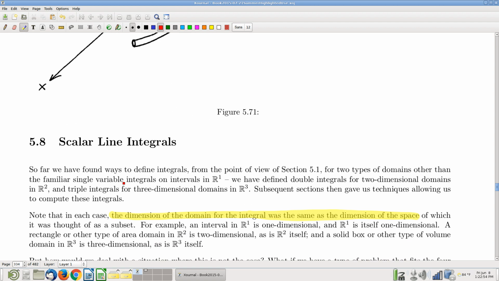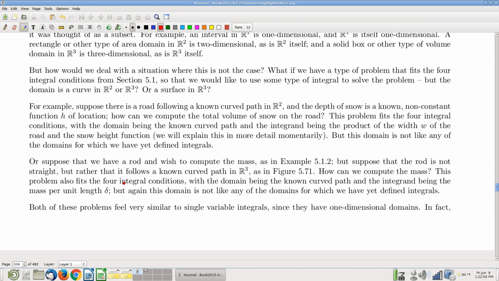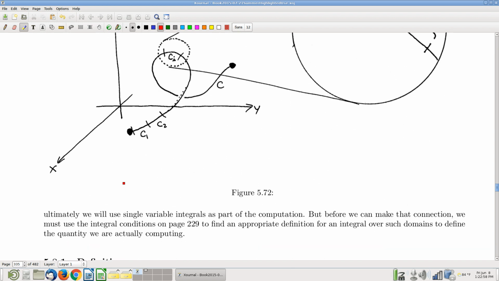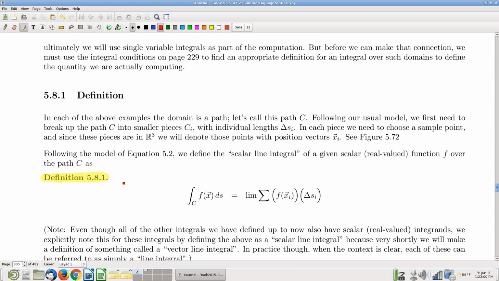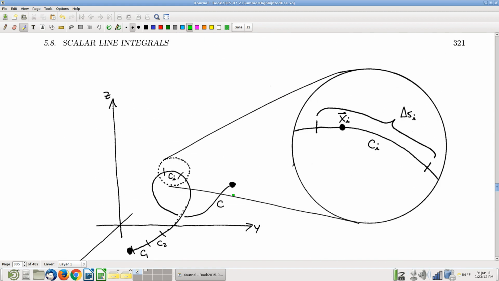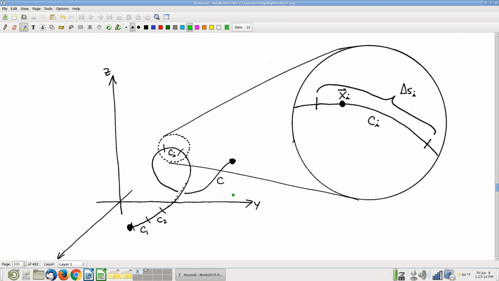Okay, so how do we deal with this? We're going to define a new kind of integral. This is what I'm going to call a line integral. I'm going to modify that in a moment. Line integral. And the idea is we're going to look at this scenario where we have this curve like that, and we're going to break it up into little pieces